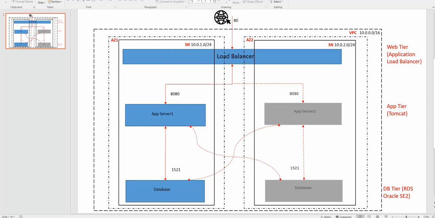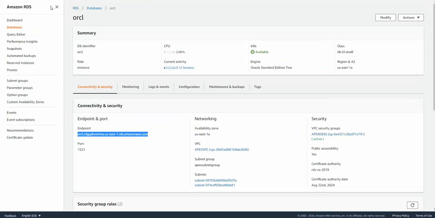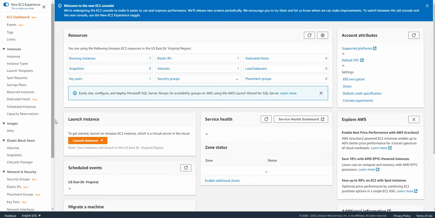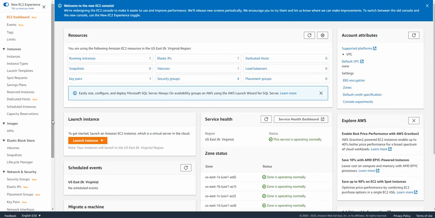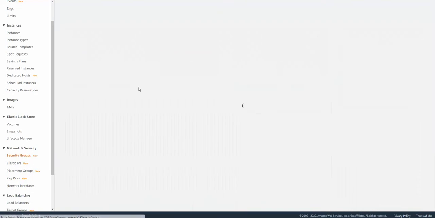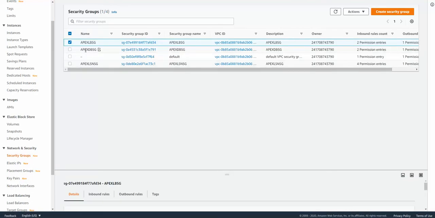So let's go back to our AWS console, and here let's go back to our EC2 console. From here, if you remember, we already created a security group, the load balancer security group.